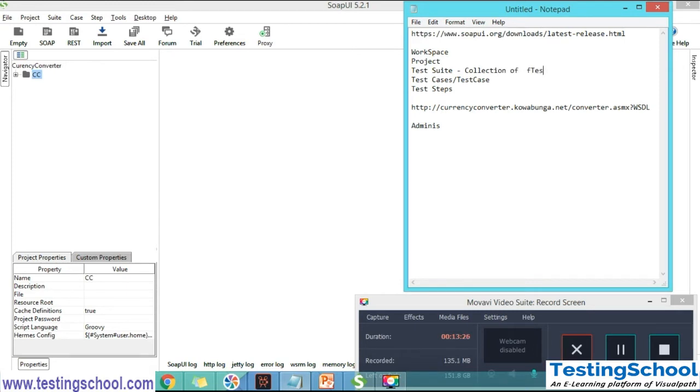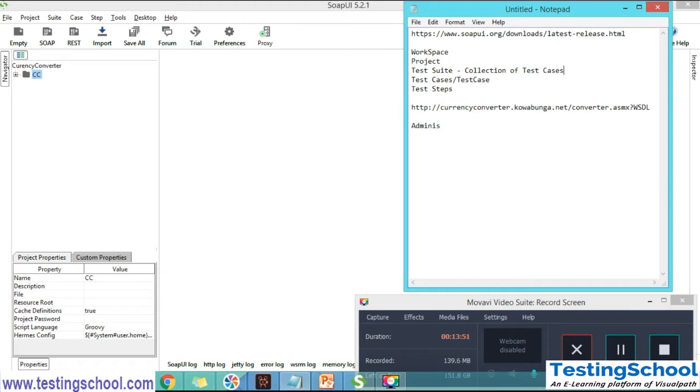Why a test suite is important is that it is a collection of test cases. In real time, if you have created 10 test cases or 20 test cases, when it comes to web service testing and you want to run 20 test cases at once, what we can do is create one test suite.